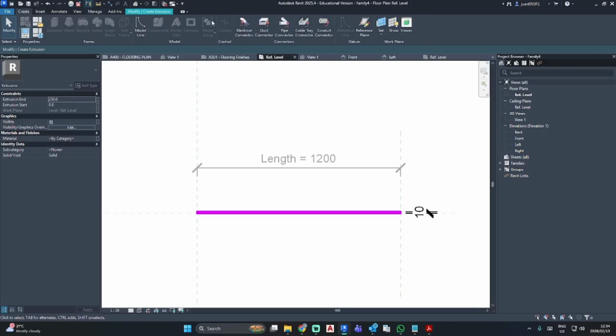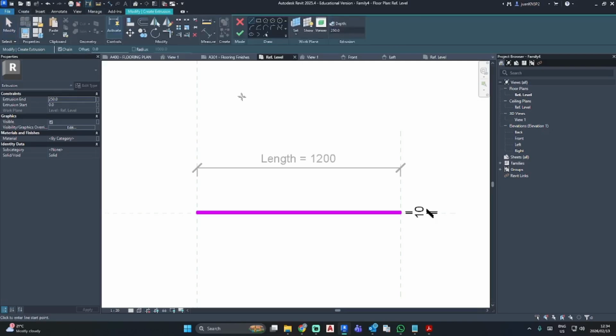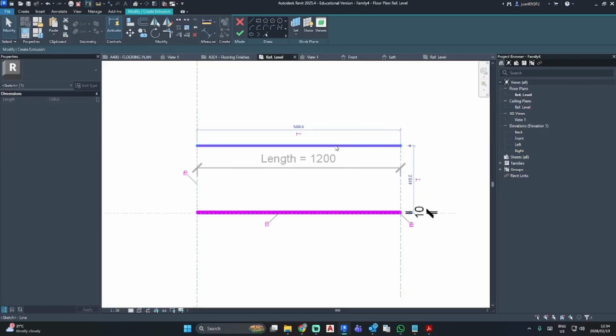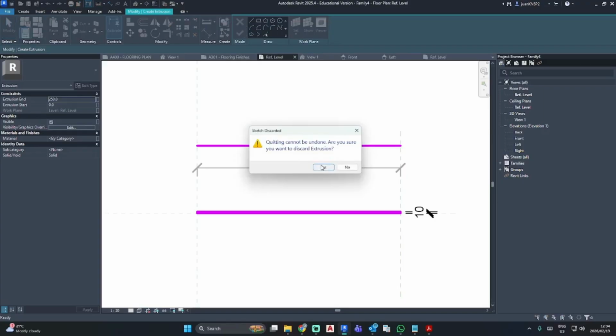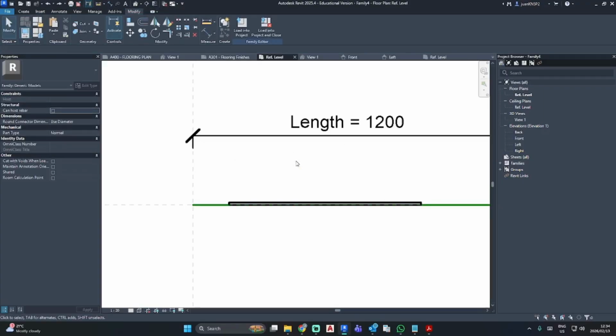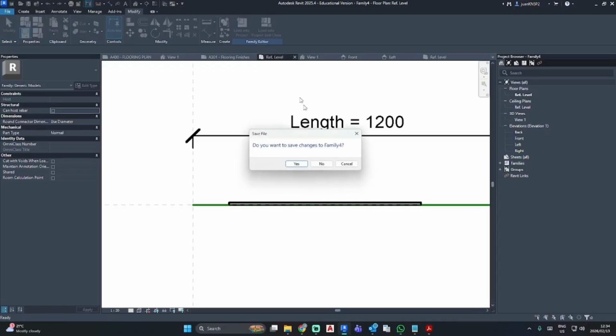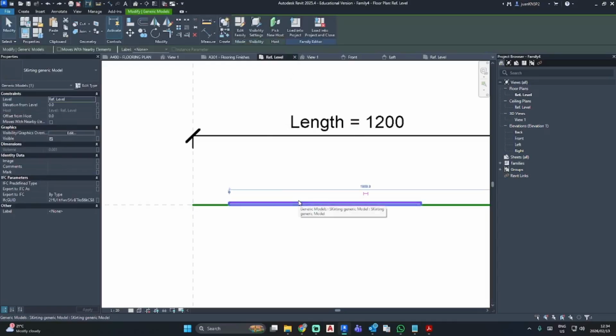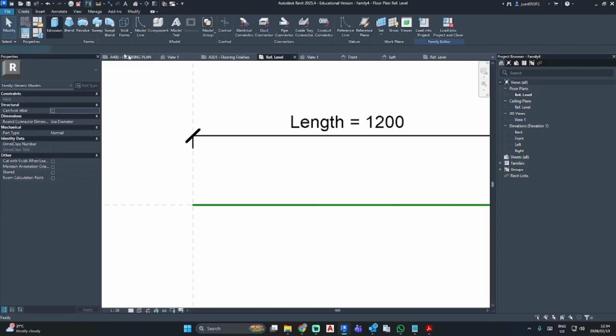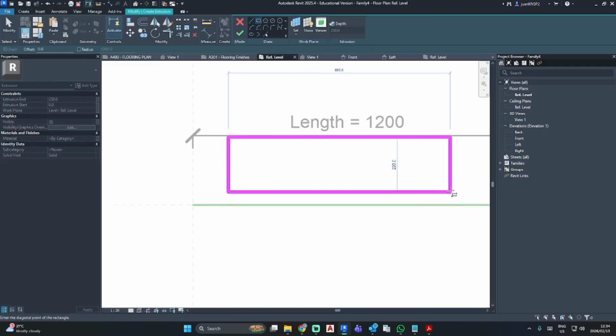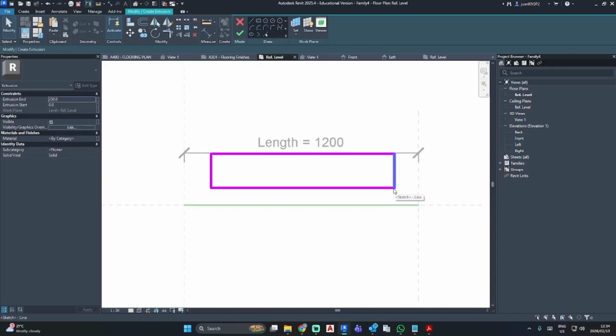I'm going to go create model line, and I'm just going to check for 400 and drag it like that. So I forgot to select a better line. I'm still in extrusion. Hey, cancel. Going to delete that again. Let me just recreate this extrusion. I forgot to close off or finish the extrusion model.